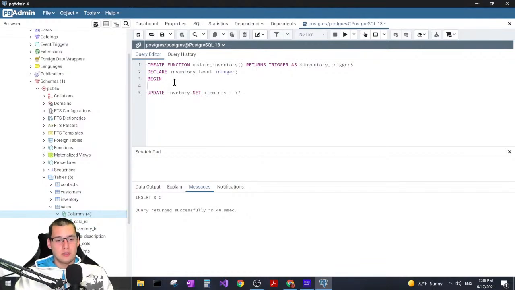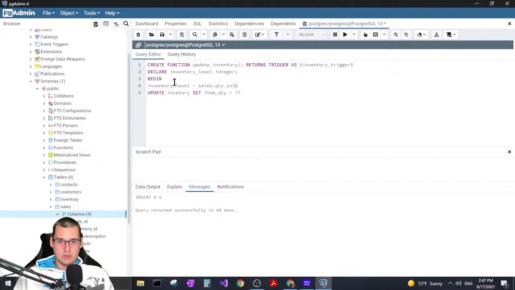I'm going to have to find some way to get that. So inventory level, which I'm going to use now. My inventory level is going to equal basically my sales.quantity sold